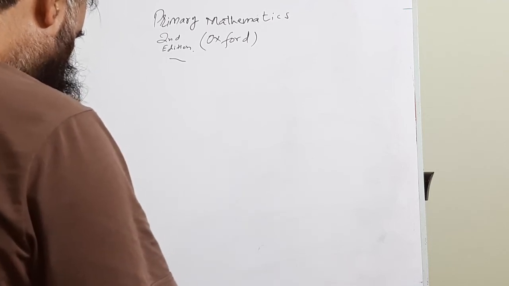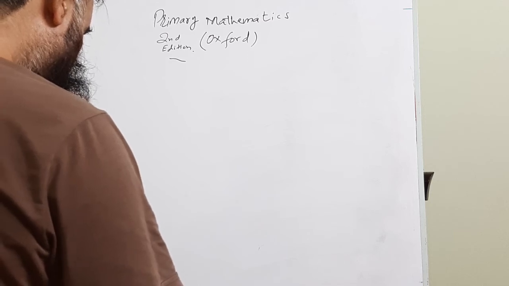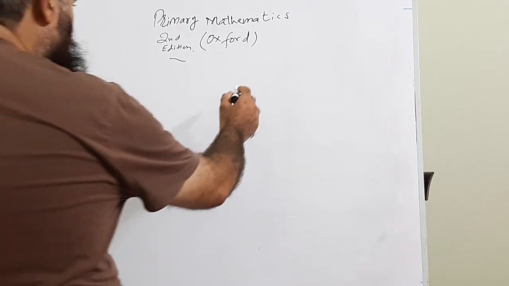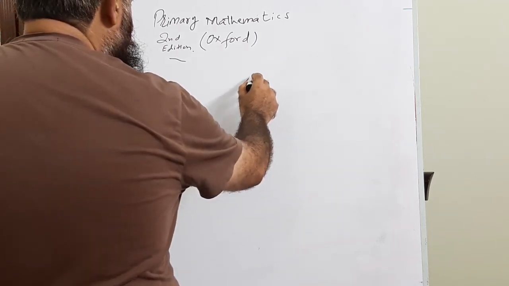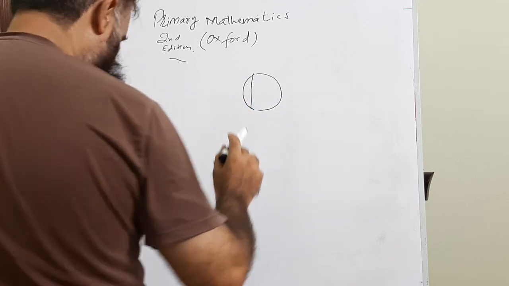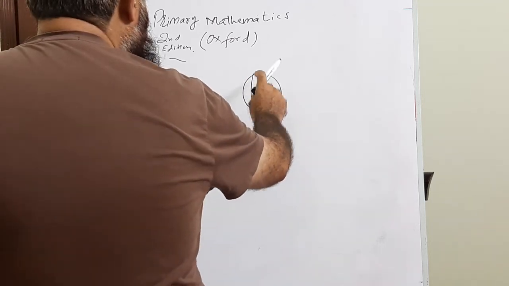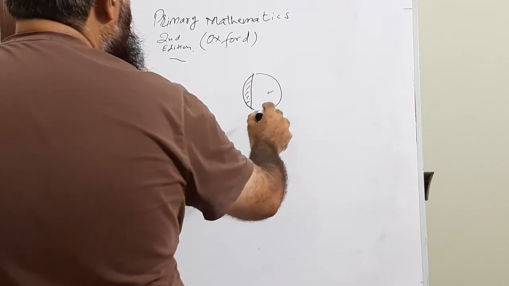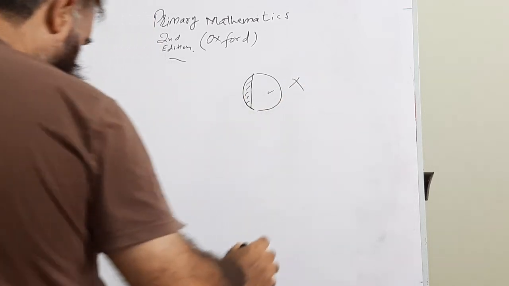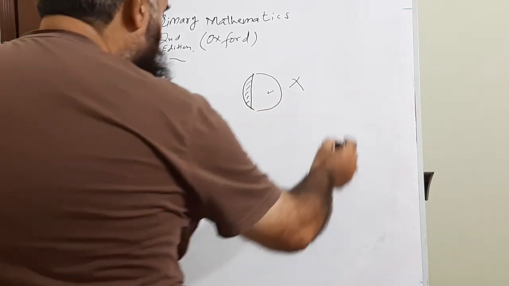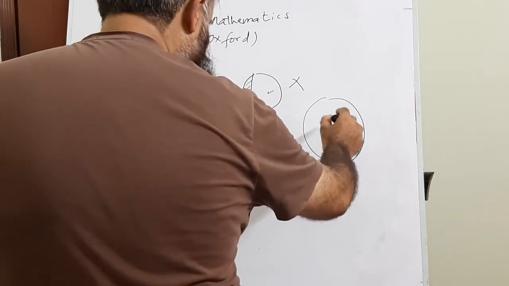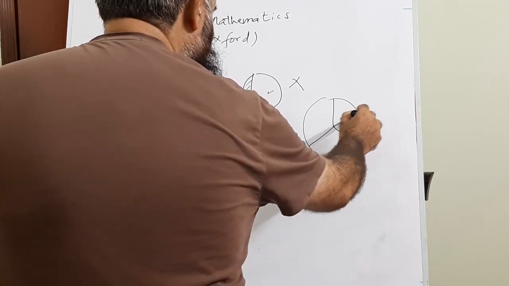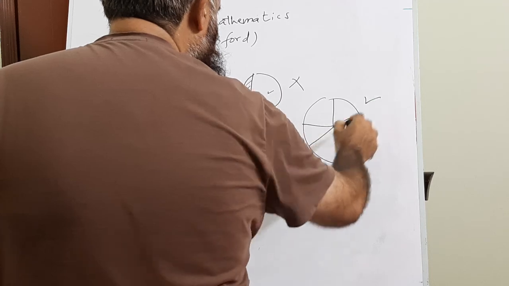Now we will move to page 228. The first question is which are cut into equal parts. There is one cookie given like this. This portion is cut. We see this is a bigger portion, so this is not cut into 2 equal parts. Then we see that there is one pizza, it is cut into 5 equal parts. So we say the parts are cut equal.